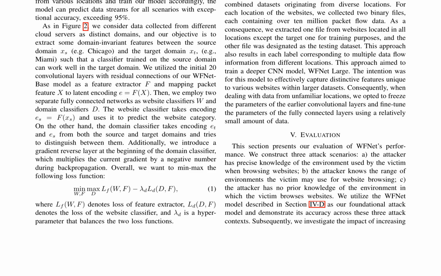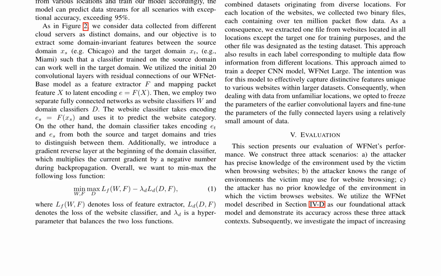The evaluation also explored the impact of increasing the number of websites and training samples on accuracy. While increasing the number of websites and training samples can lead to higher accuracy, it also introduces potential overfitting issues. Furthermore, it was demonstrated that WFNet can maintain high accuracy even when utilizing single data features, such as packet interval